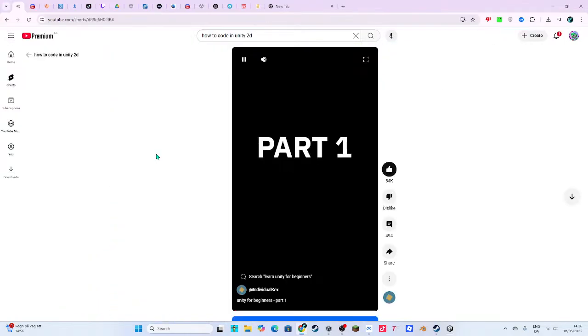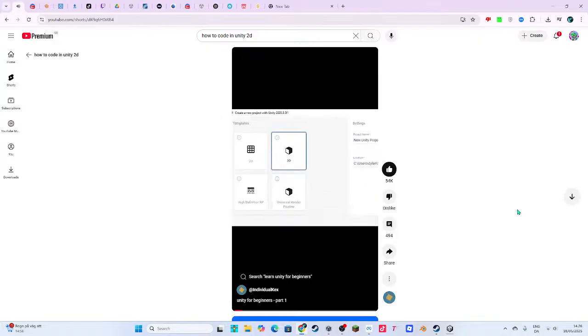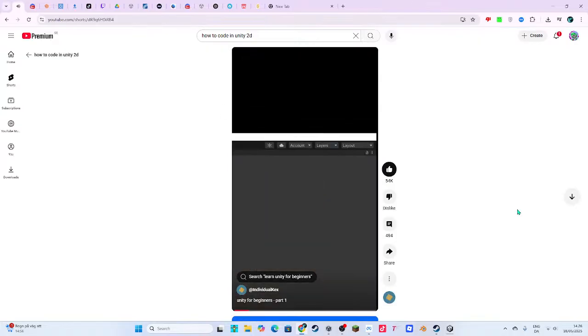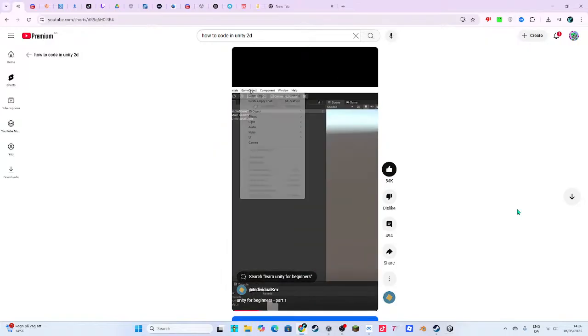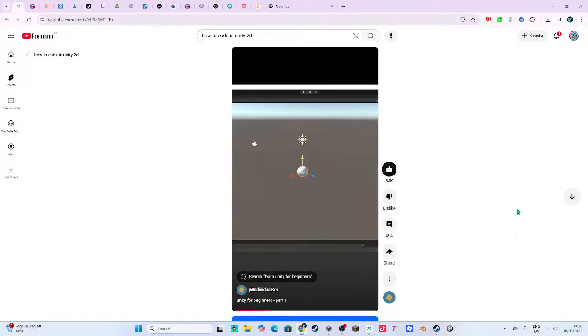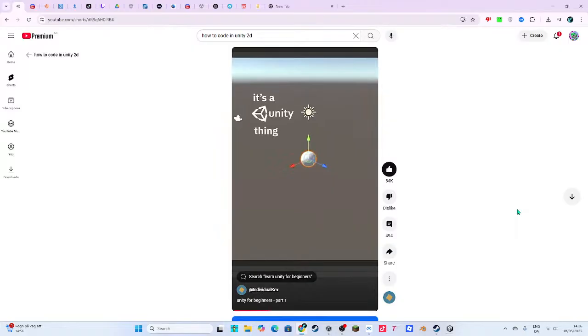Unity for beginners. Part 1. Download Unity. Create a project. Pick 3D. You might be thinking, what is this? What is that? That's okay. Just follow along. In your brain, we'll figure it out. Maybe. Create a game object. Create 3D sphere. Now we have a sphere. Game object. What's a game object? It's a